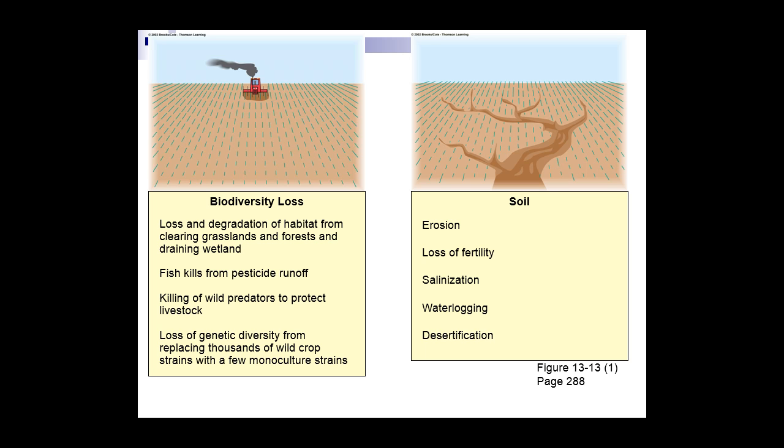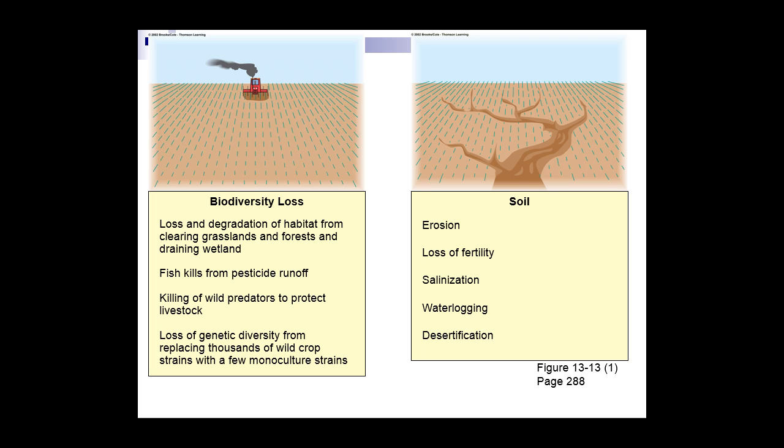In terms of soil, you have soil erosion, like what you saw on the previous slide. Typically, crops do not have deep roots like trees and things. So as a result, a lot of soil just washes away or blows away in the wind if they have just harvested and there's nothing there. You're going to lose fertility. Fertility is the availability of nutrients, those sorts of things in the soil. So if you plant crops there year after year after year and you're doing very high intense agriculture, then you're going to lose that fertility.